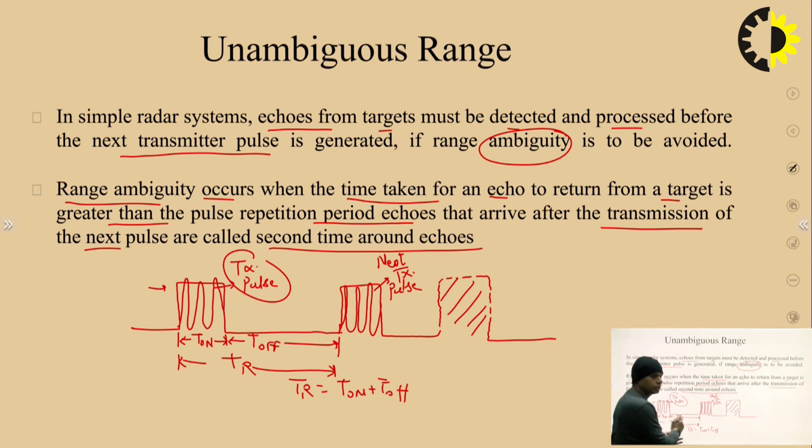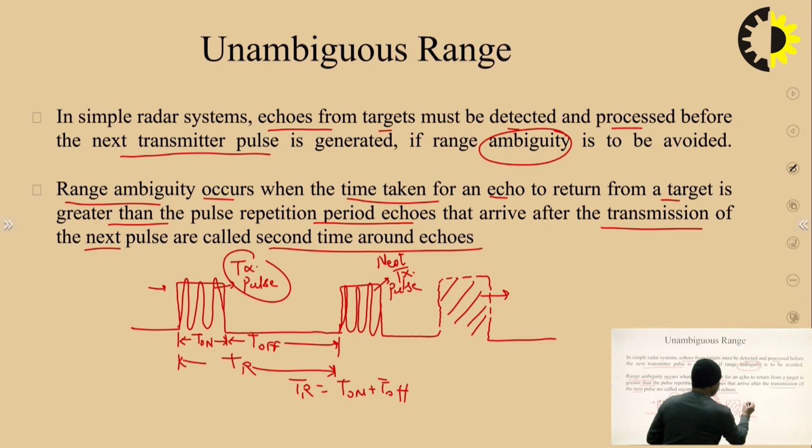addition of T on plus T off period. So after this certain interval, before getting any output for this transmitted pulse, or echoes for this transmitted pulse, the next pulse will be transmitted. But suddenly what will happen after transmitting the next pulse? These echoes will now revert back. So this will be the second time